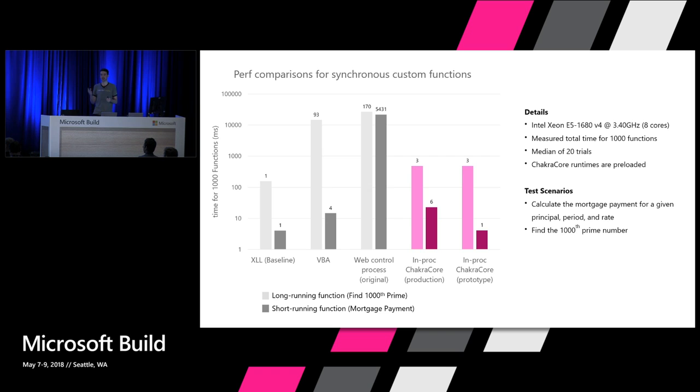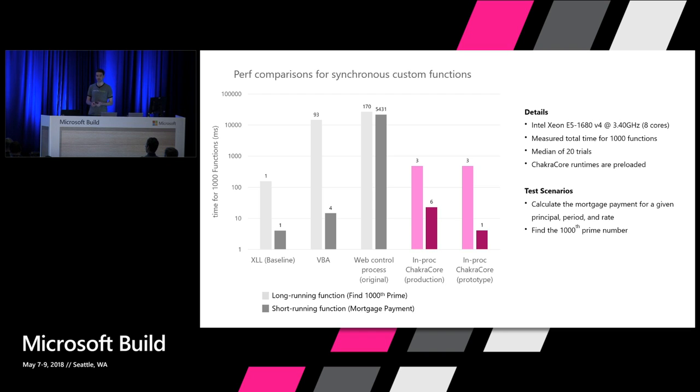And you can see performance is very different for both of those, of course. By the way, each of these numbers is for 1,000 instances of each function calculated simultaneously. Okay? So for example, in VBA, it takes more than 10,000 milliseconds, or 10 seconds, to calculate 1,000 instances of find the 1,000th prime number, whereas it takes more than 10 milliseconds to calculate 1,000 instances of